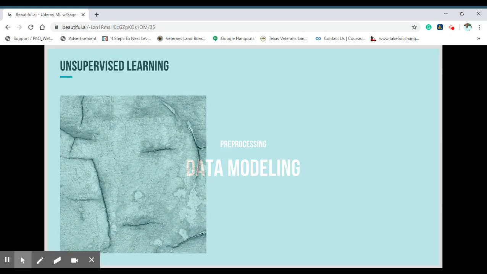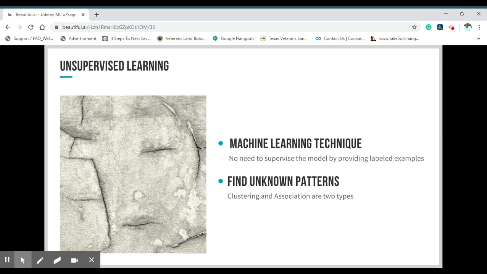Data modeling. So from an unsupervised learning perspective, we're really talking about factor shrinkage methods or clustering models. In other words, if you have a data set and you really don't know what's there, but you want to understand what the patterns are within that data, the first thing you're going to need to do is normalize or standardize that data so that everything is within a similar scale. Then you look at how the data is grouped together, and that's what clustering does.